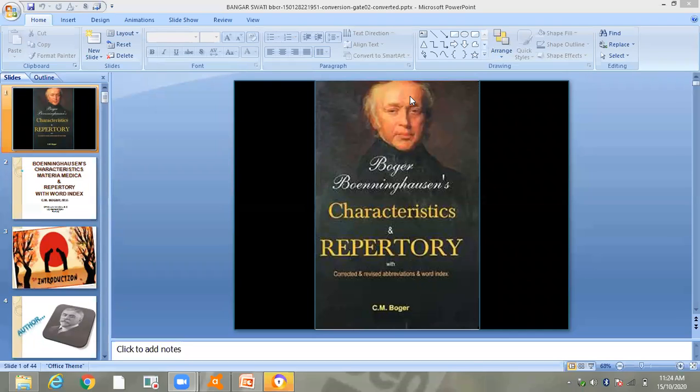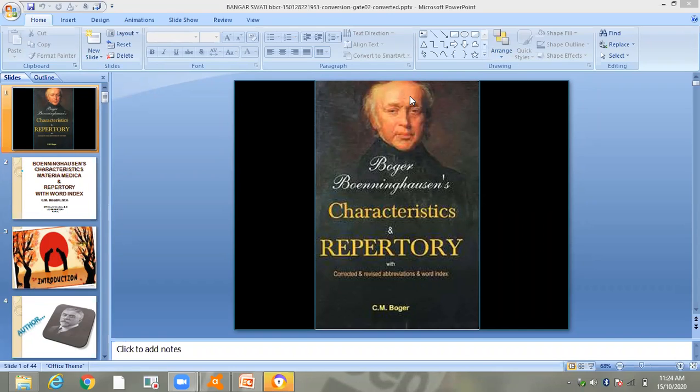Thus, the practitioner finds it difficult to search for the rubrics. In the sections or chapters in this repertory, we cannot find a definite order of arrangement. Many times we find some chapters are mentioned under two sections, three sections, or two parts, three parts, or under one part of the body. So it was difficult to search for the rubric easily.